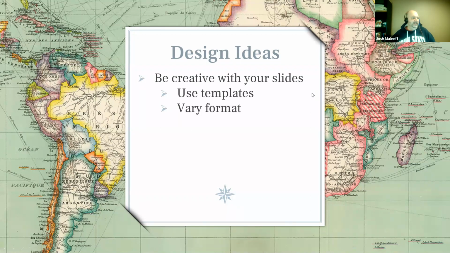And then even within these slides, I have multiple different configurations of where the text is, and different maps in the background, just to keep it a little bit interesting. I mentioned limiting text. I will tell you by the time this slide is loaded, it has more text than I'm necessarily comfortable with.